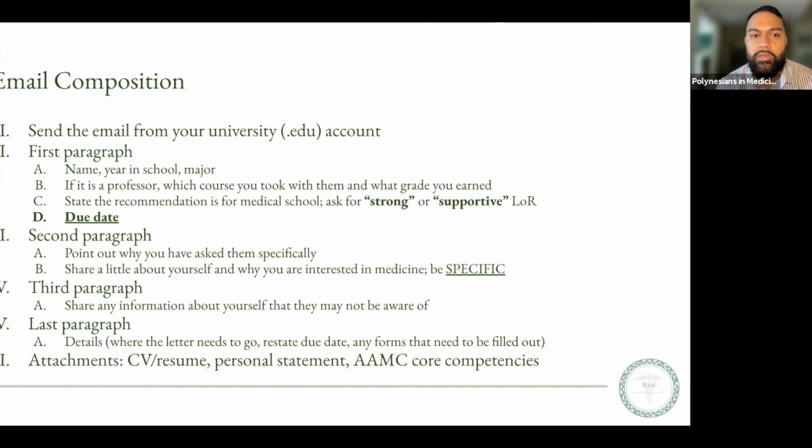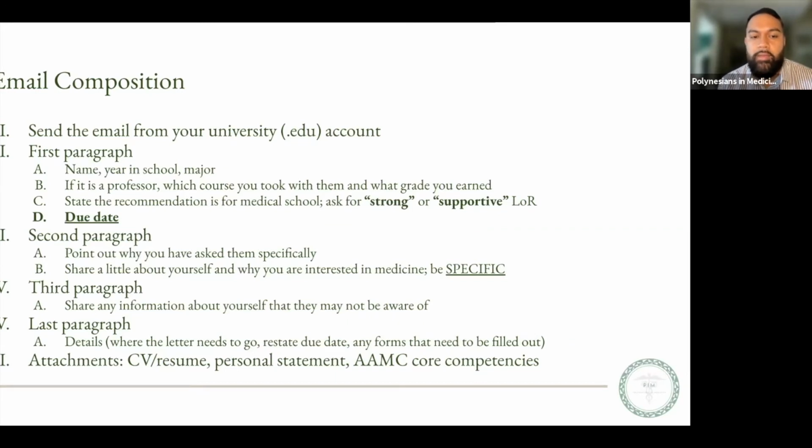For the different letter services we talked about in the previous slide, oftentimes you'll go to interfolio.com, for example, you'll include the professor's email, and then Interfolio will send an email to the professor. So this would be an opportunity to say, hey, keep an eye out for an email from Interfolio with more instructions on how to submit your letter. Remind them of the due date. And if there are any other additional forms that they need to fill out, include that as well.